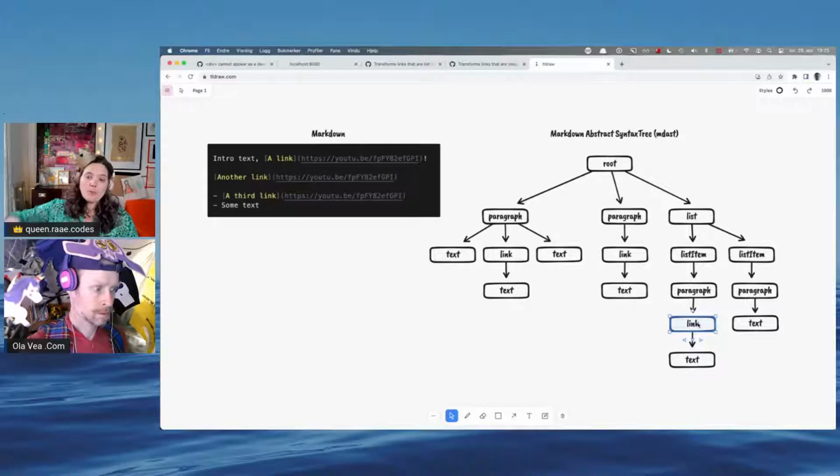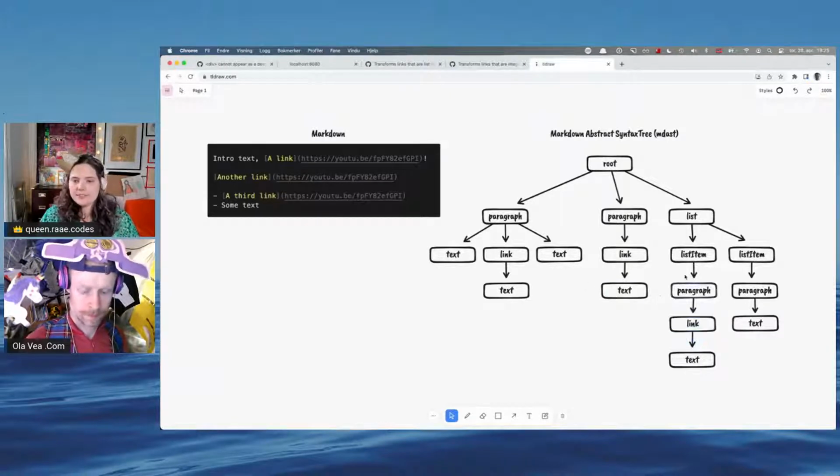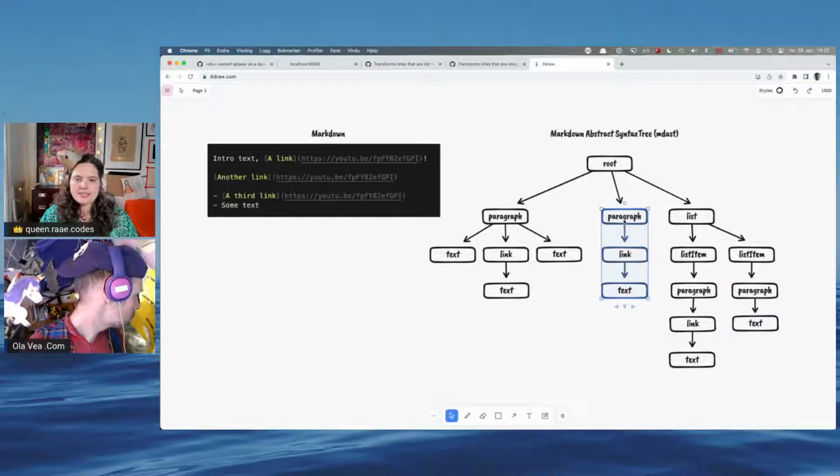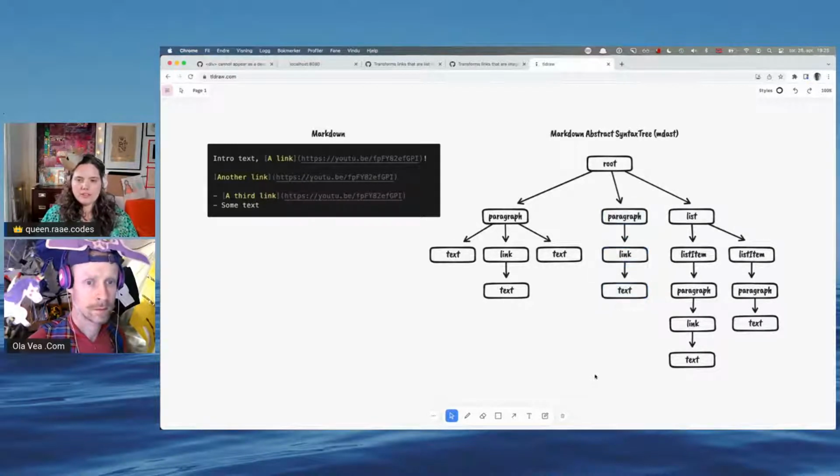We want to swap out the whole paragraph. So this is our case here. I want to swap out this whole branch with its oembed counterpart, not just the link and its text child. I want to swap out the whole paragraph.